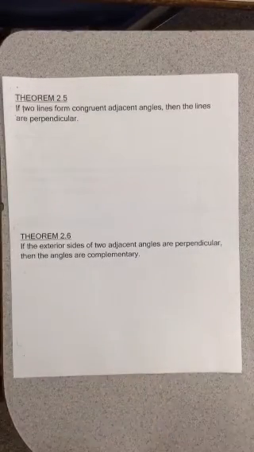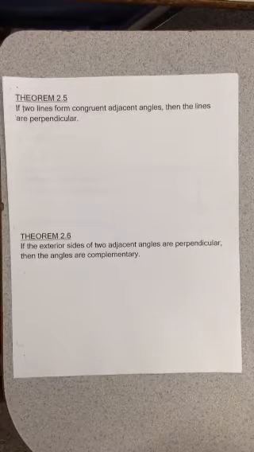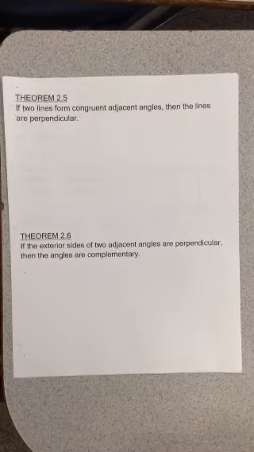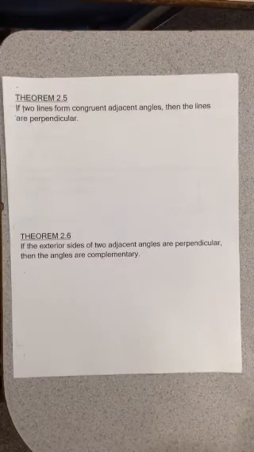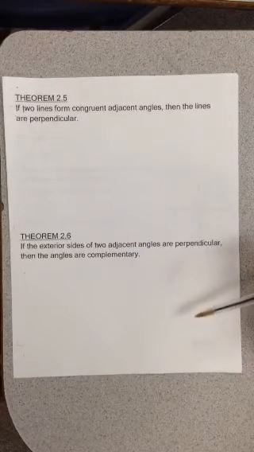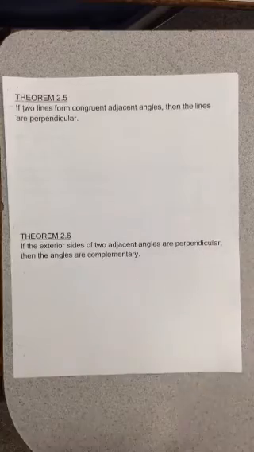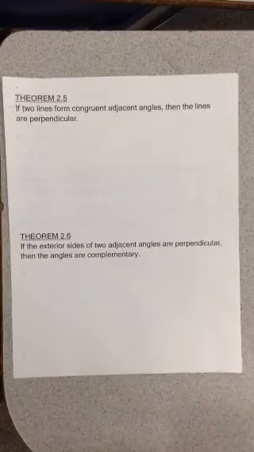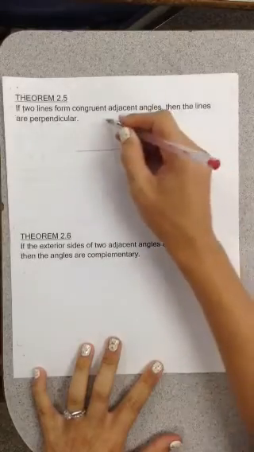So theorem 2.5, you'll notice, is the converse of theorem 2.4. It says if two lines form congruent adjacent angles, then the lines are perpendicular. You'll notice I'm not actually making us prove theorem 2.5 and theorem 2.6. So we're just going to talk about what the theorem means. Okay? So this case is saying if, let's say, we see a diagram,